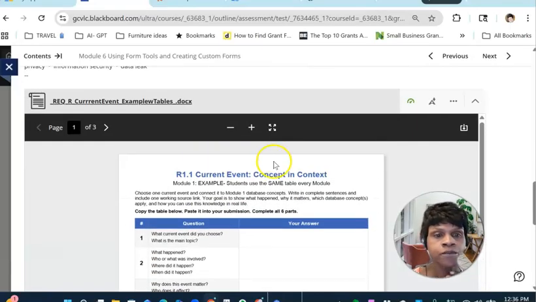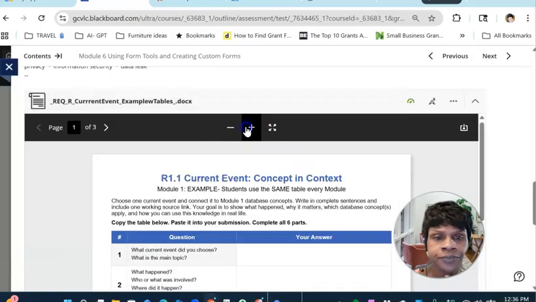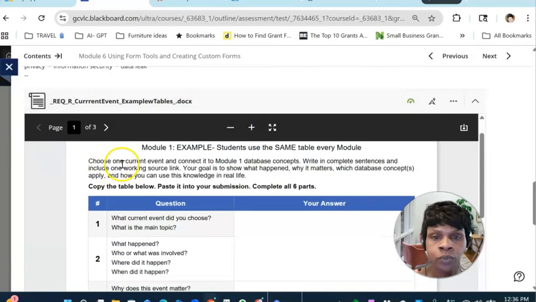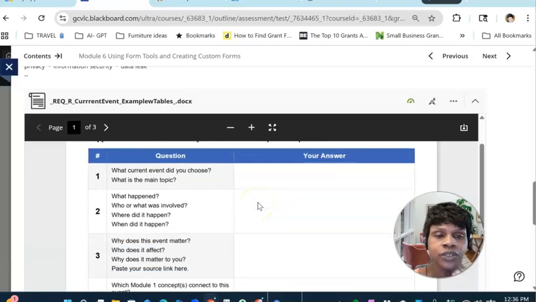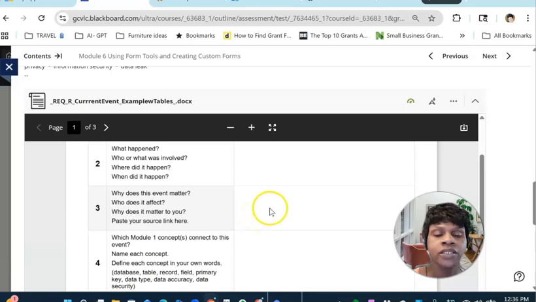Time frame. So again, it says choose one current event and connect it. In this case, this is the example, module 1, write in complete sentences, and include your source links. Your goal is to show what happened, why it matters, things of that nature. What event? Why does it even matter? Who does it affect? If these items impact you directly, and if this is an article that you care about, you're going to care about the answers to these questions. If I'm looking up something on autism specifically, and there's a new drug out, or there's a new finding out, or there's a new study out,